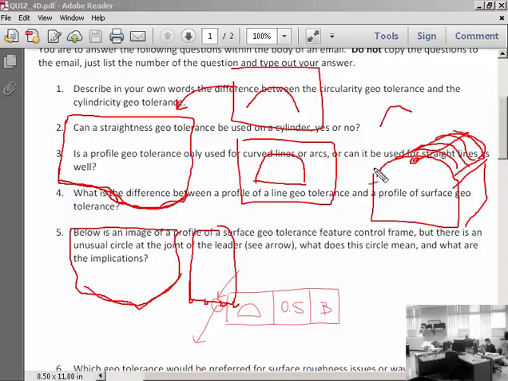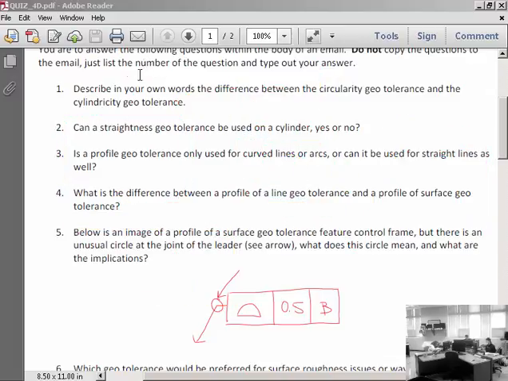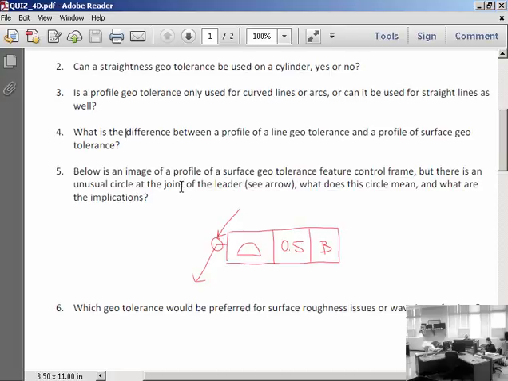An axle shaft would be an excellent example. Maybe it's got some spur gears or something to it. That would be an excellent example of when a person might end up using profile of a surface. Questions on that? Okay. So, on number 5 here, below is an image of a profile of a surface geotolerance